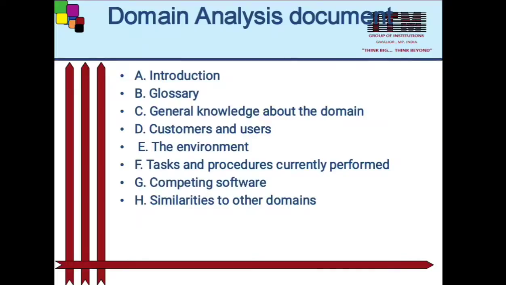Okay, now moving ahead with the next one. The next document is for competing software. This basically describes what software is available to assist the user and customer, and it also includes software that is already in use and software on the market. It discusses their advantages and disadvantages, and this information suggests ideas for requirements and highlights mistakes to avoid.